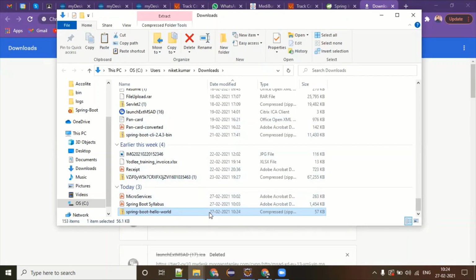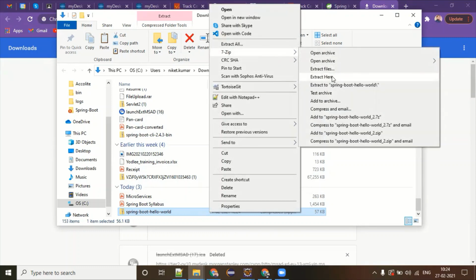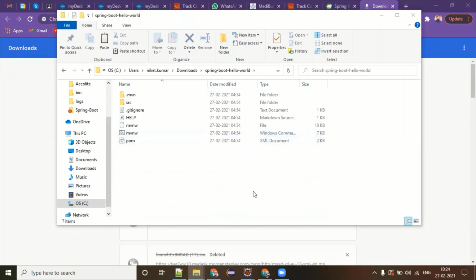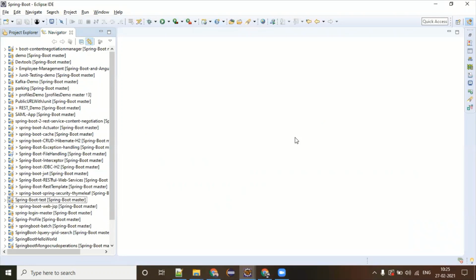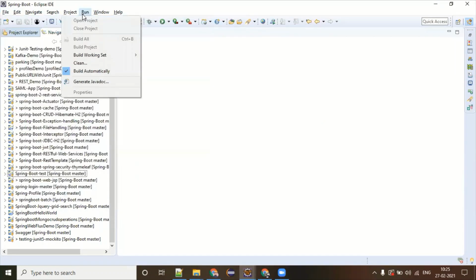What I have to do is unzip this. If I unzip this, I am going to get Spring Boot Hello World with this folder structure. These are the already set up infra with the basic dependencies which you are looking for. All has come with this. So my next job is to import this into our Eclipse. As we know, Eclipse is one of the widely used IDEs in the world of Java application and project development. So I just have to go to File, New.